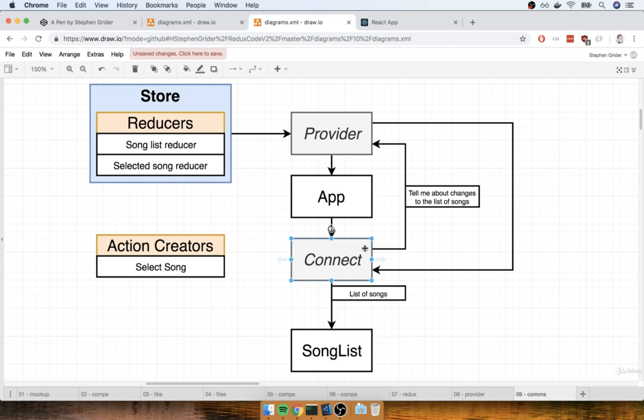Essentially, we're going to pass some more configuration into this connect component. So in addition to telling it that we want to get a list of songs, we're also going to tell the connect function that we want to be able to call the select song action creator from within our song list. So when we tell the connect component about that, the connect component says, okay, no problem. I'm going to make sure that this action creator called select song gets sent down to our song list component as well